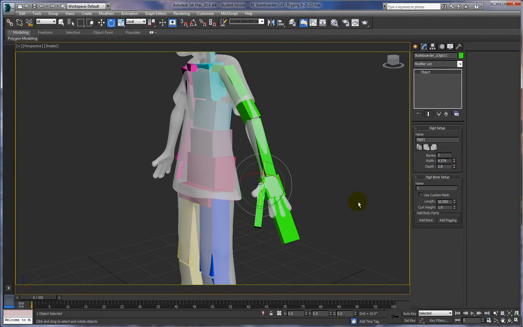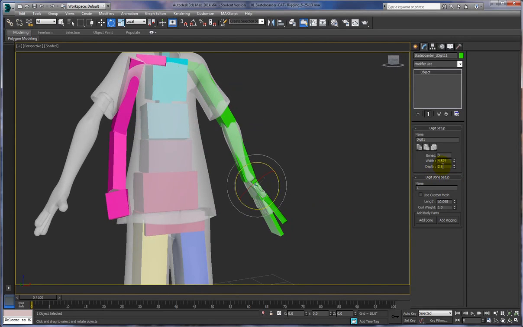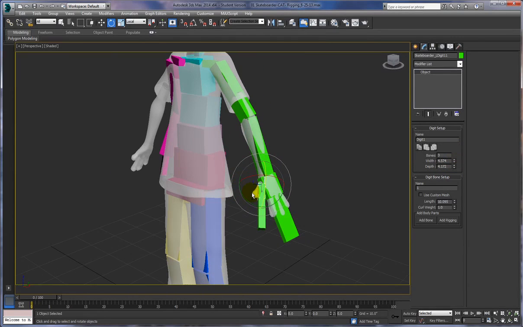There we go. And then turn it around this way, and maybe adjust the depth of it just a little bit to make it a little bit bigger so that it fits the thumb a little bit better. All right. And then we can adjust the length as well of the whole thing by doing this. There we go. So now we can get